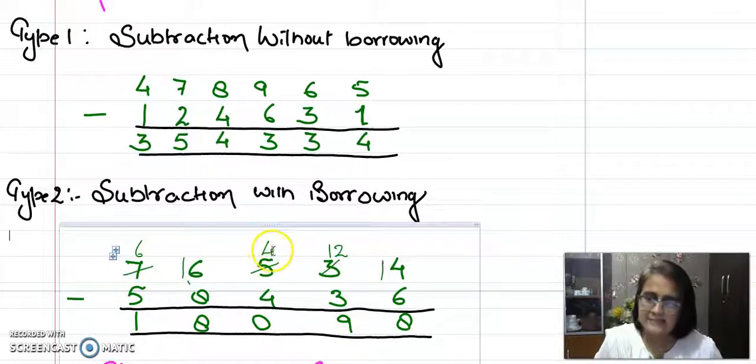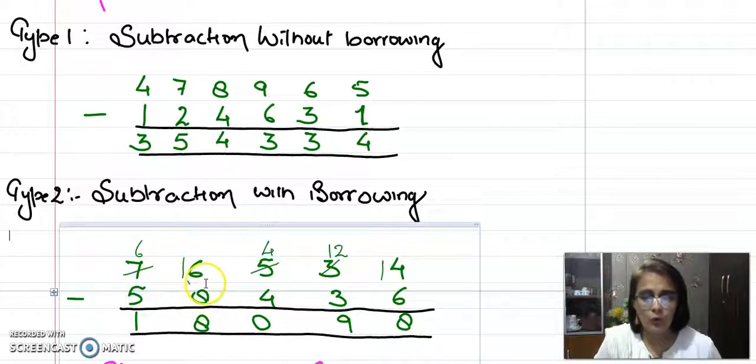Now comes the 100 place. Now in that 100 place, I told you 5 became 4. So now 4 minus 4 is equal to 0. Clear? The 100 place we have done. Now let's come to the 1000 place. Now in this 1000 place, again you are seeing that the first digit, that is 6, is smaller than 8. So that's not possible. How can we subtract 8 from 6?